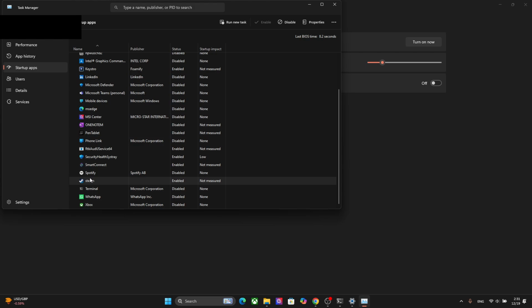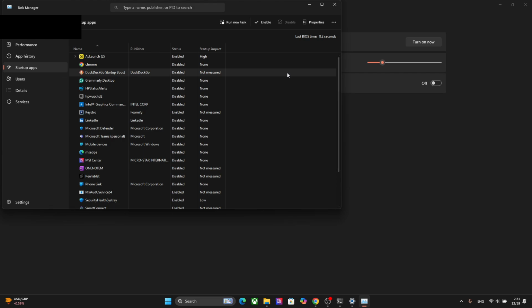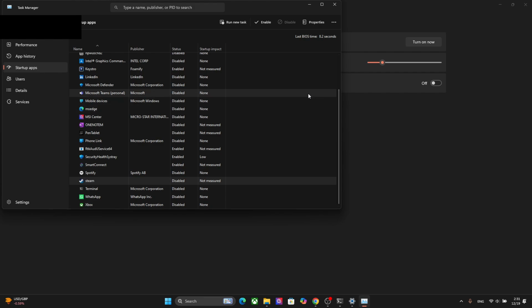I don't want Steam as well. Okay, so whenever I want to play a game, I can manually turn this on, but I don't want this to be enabled all the time. So this way you can save a lot of space and RAM,